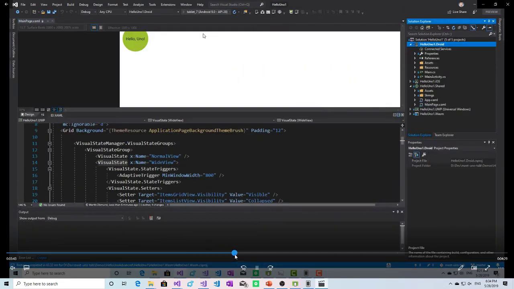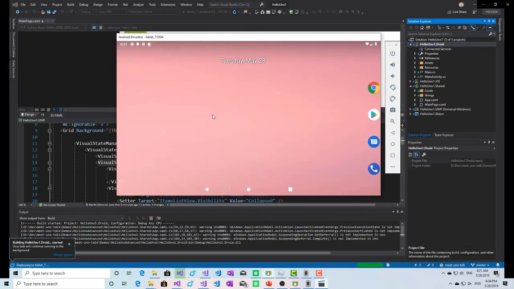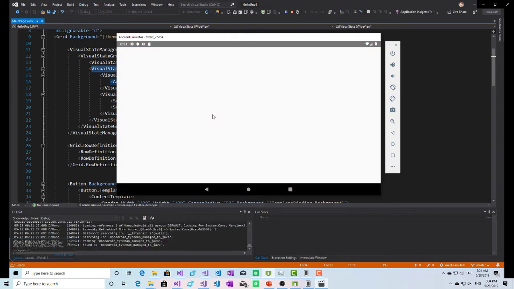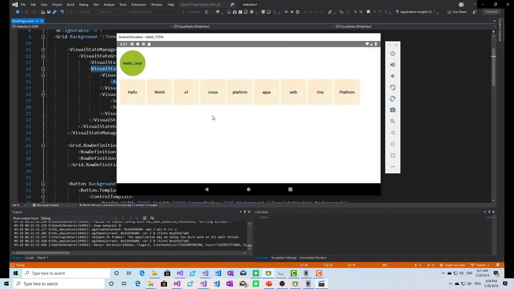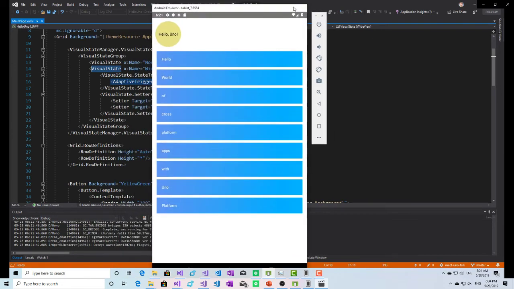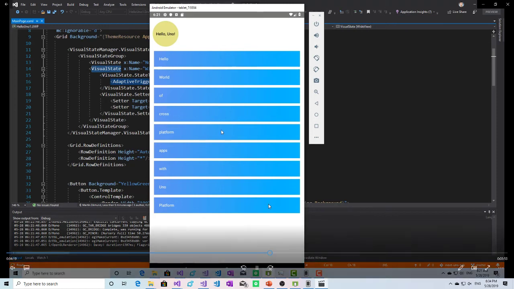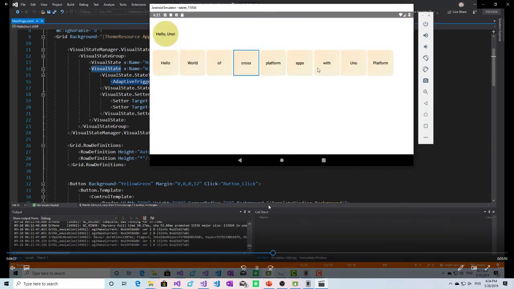Here we have the Android application running in the emulator, and as you can see, it will run very soon. And it's the same UI. You can notice the rounded corners, the selection works, and when I tap the button, it changes color. When I change orientation, you can see the grid view has now transformed itself into a list view, and we can see the list of items. And if we change back, we get a grid. So that works perfectly.